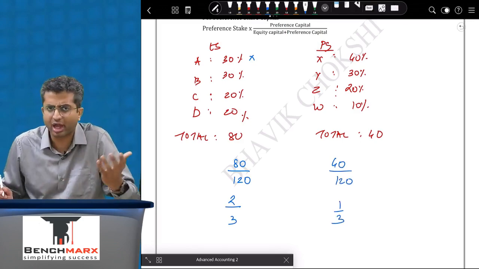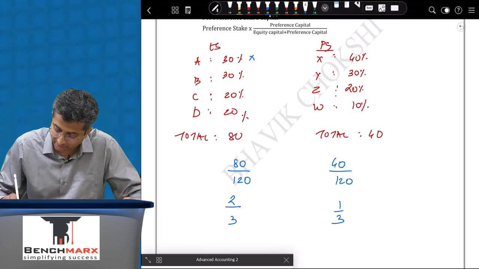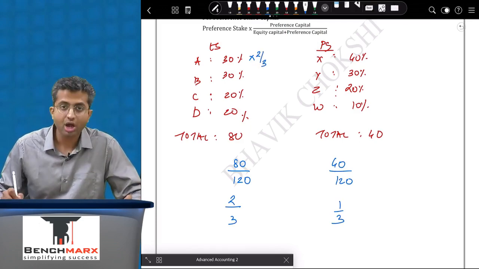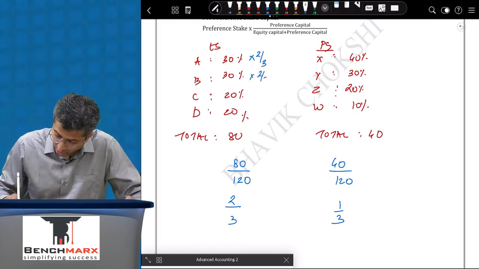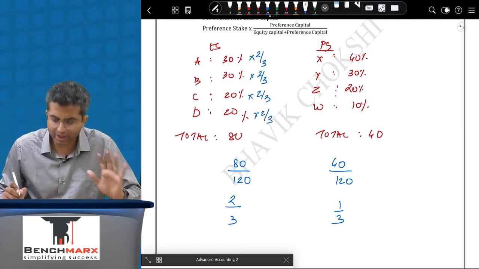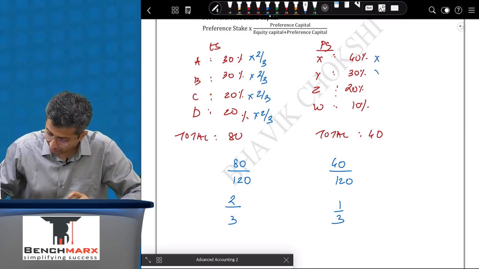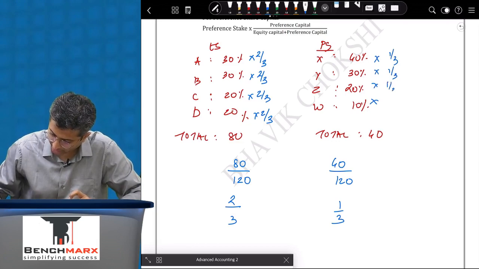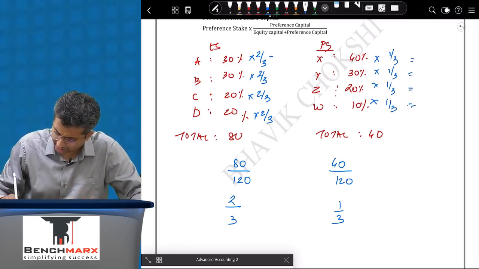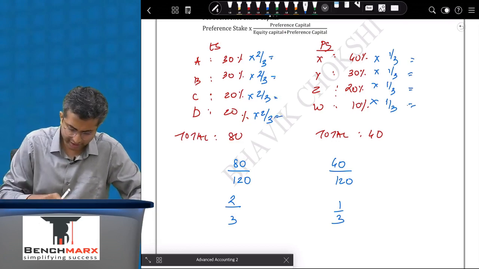So we can say that, okay, I have a 30% stake, but that 30% stake is out of 2/3 of the share capital. Total 2/3 everywhere. So we have taken for the equity stake the total proportion of equity in the total share capital, and for preference it is 1/3. So this is 1/3, 1/3, 1/3,